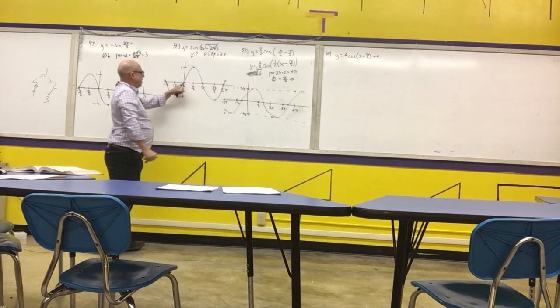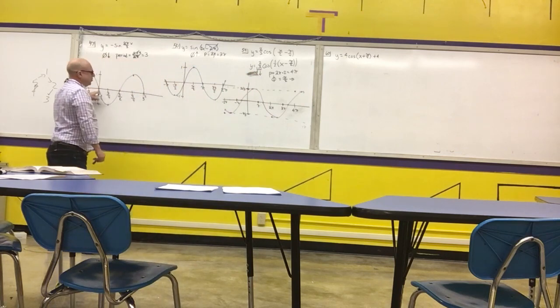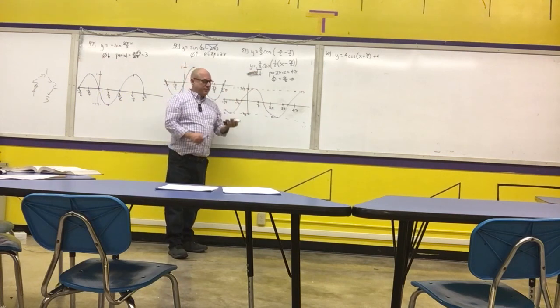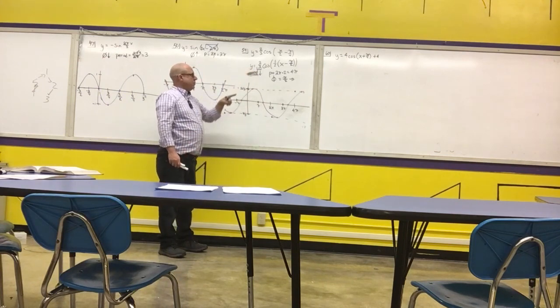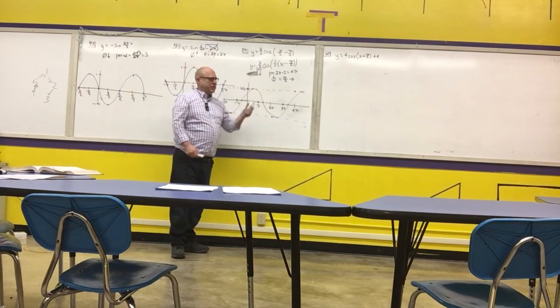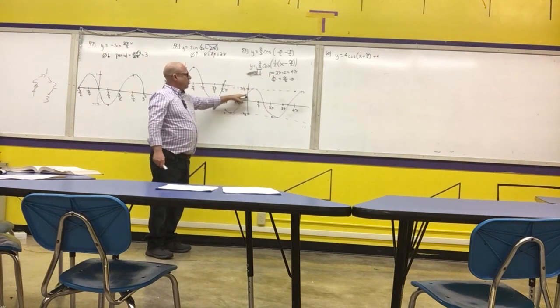So far, all of my graphs have had y-intercepts of 0, or if it was just a regular cosine function, it would have had a y-intercept of 1, or whatever the amplitude was. But this one had a horizontal shift. If you want to know what the y-intercept